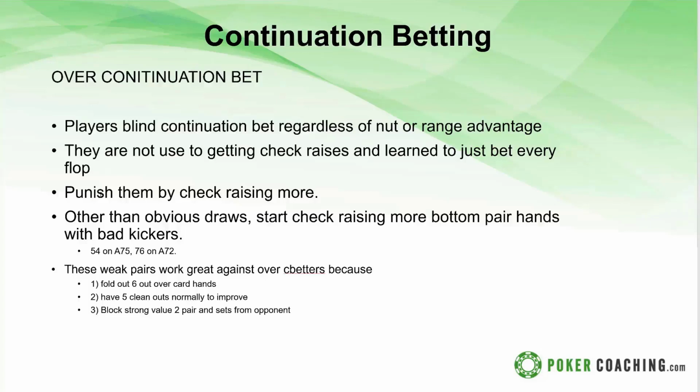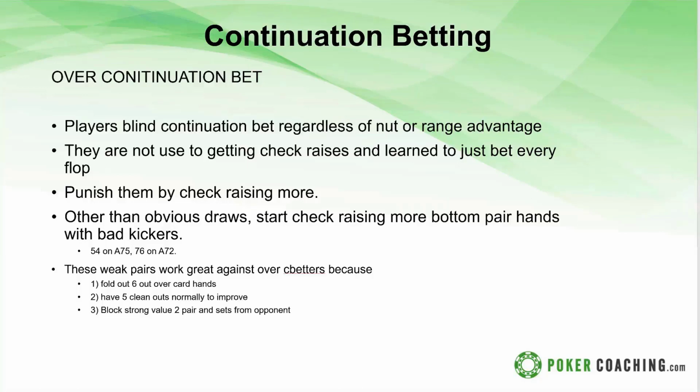And so the exploit and what you need to be doing is more so you just need to meet the minimum check raise frequencies. And a lot of times on flops when they're betting a third pot, depending on the texture and everything, you're supposed to be check raising anywhere from like 12% of the time to upwards of 20% of the time. And no one is check raising anywhere between 12 and 20% of the time.